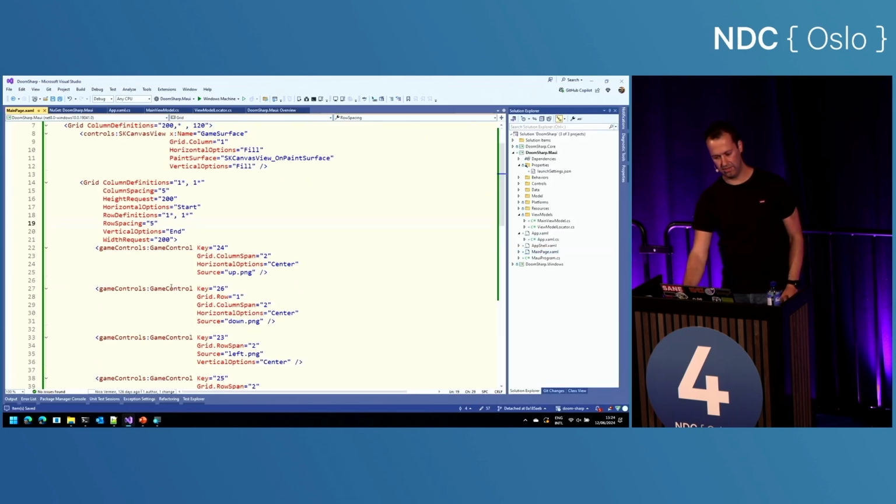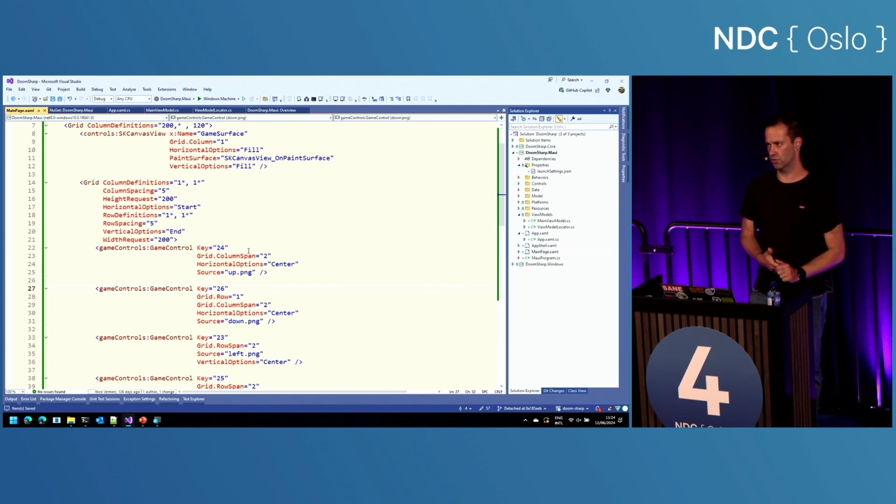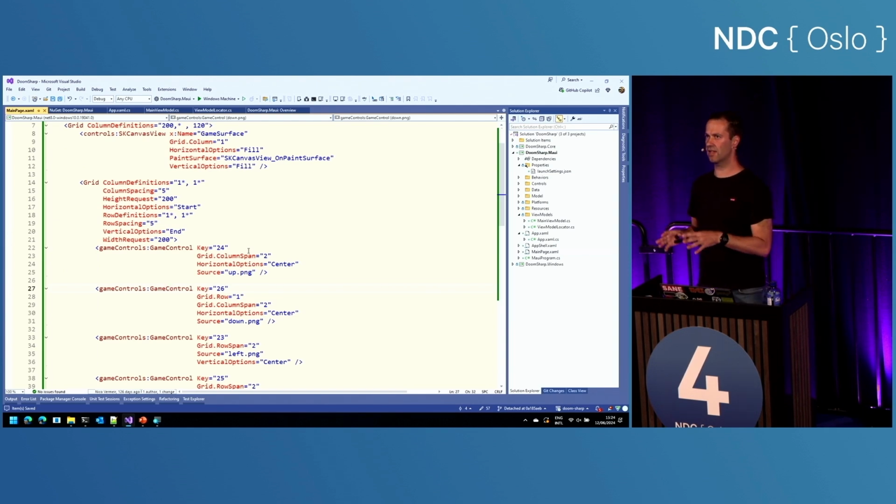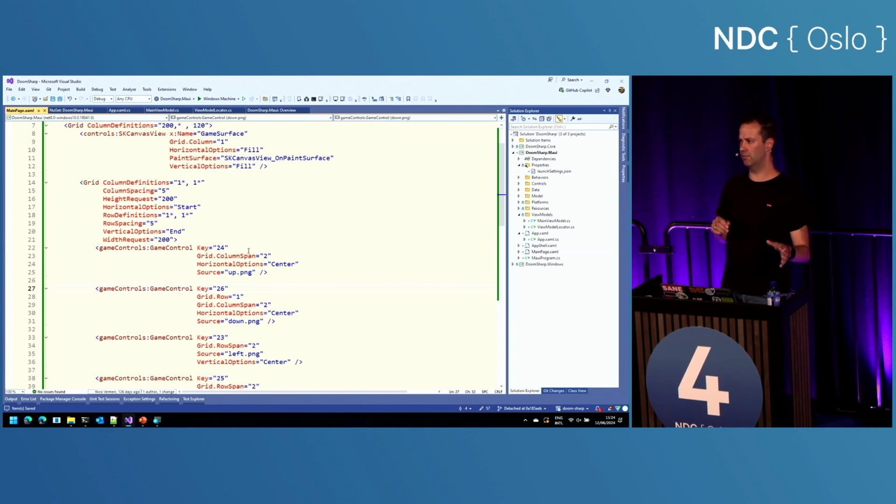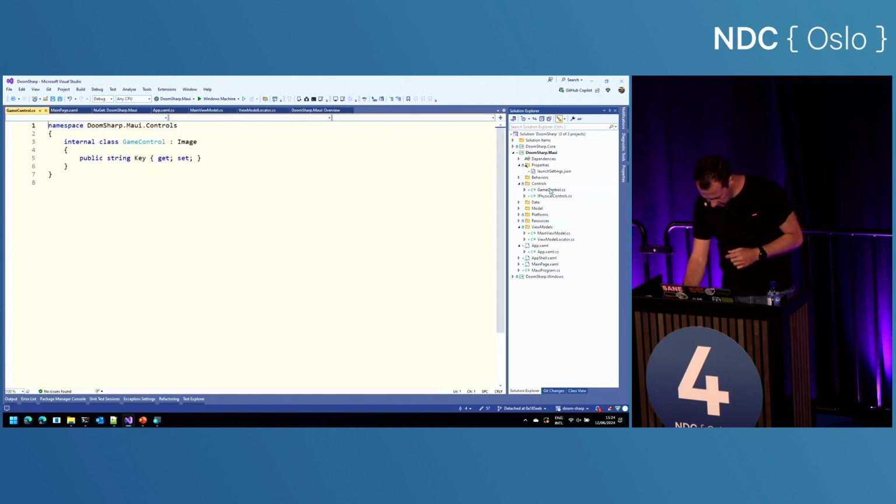So what I did here, I made a custom control called game control. Because this thing will run on mobile devices, you don't have a keyboard, you don't have your arrow keys, so you need a way to control it, which means virtual buttons. Virtual buttons are not a default control in MAUI, which makes sense. So I created a game control, and the reason this exists now is because it was in the folder that I just copied in, and it should live right here.